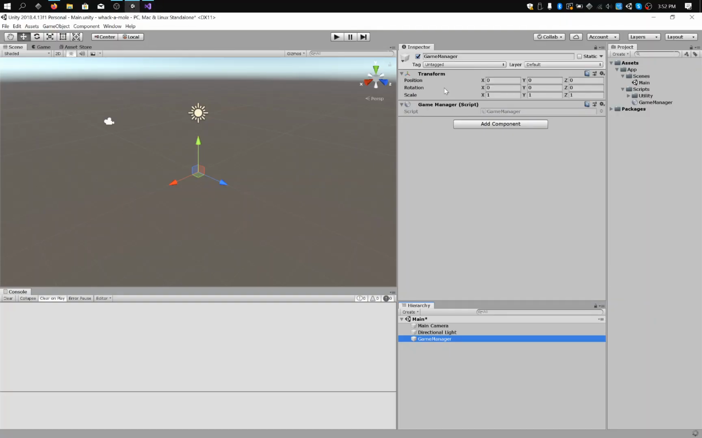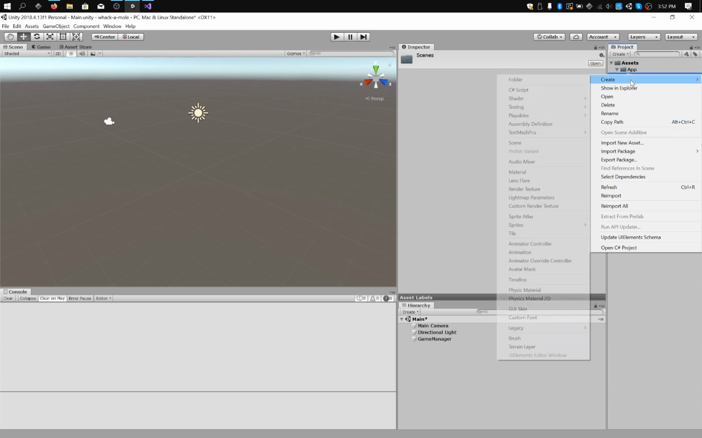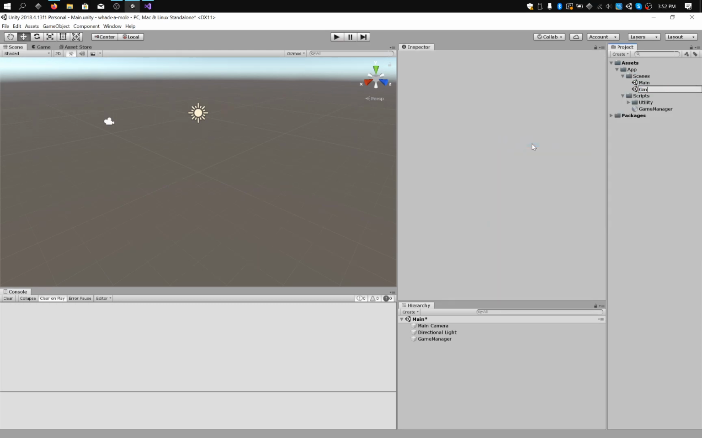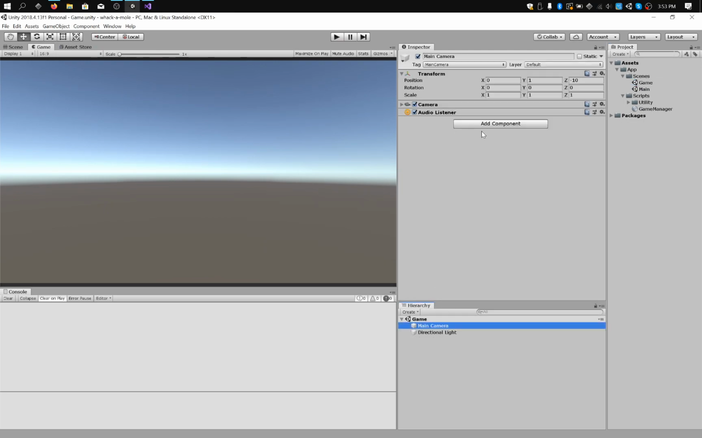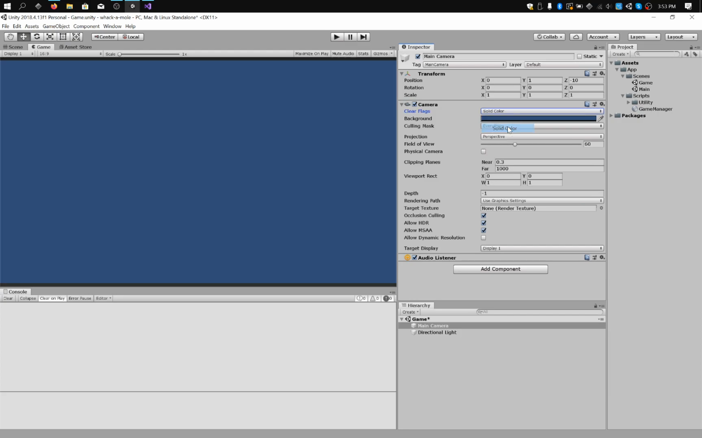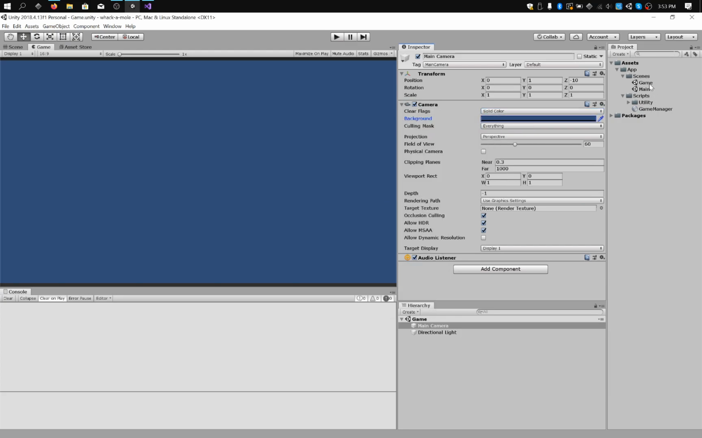So let me create another scene here, just to drive the point home. Where's my scene at? Scene. I'm going to call this game or something like that, and I'm going to load it. I'll save that. I'll just change the camera to a solid color. There we go, so that looks pretty different. And all I want to do is